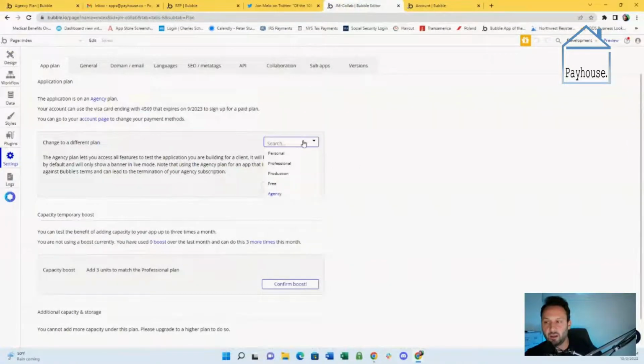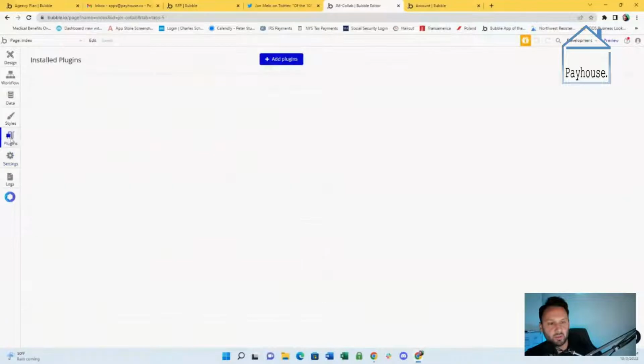and then inside the app, when you're in a specific app that is part of the agency account, you have the option of agency here. So you can put this on an agency plan just like you would on a personal or the free, or if you have an instructor account, the instructor one. So once you're on here now, if I go to the plugin tab,